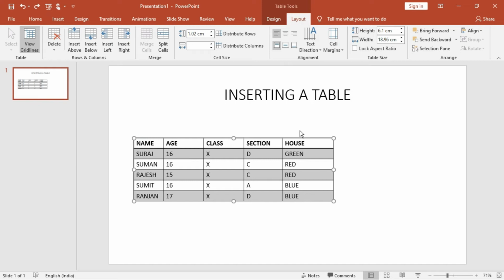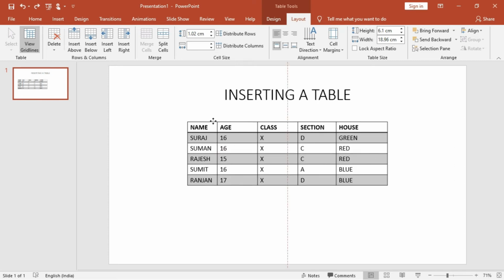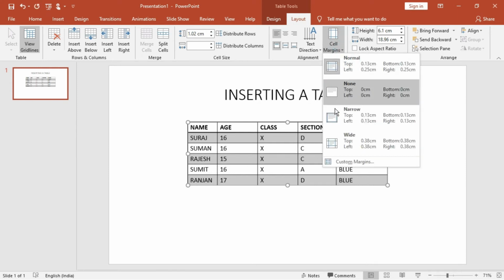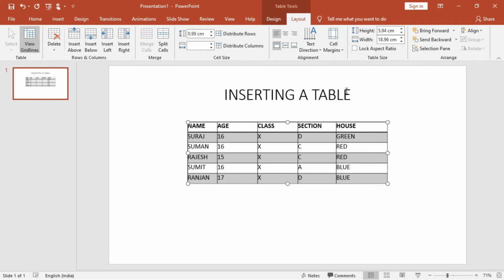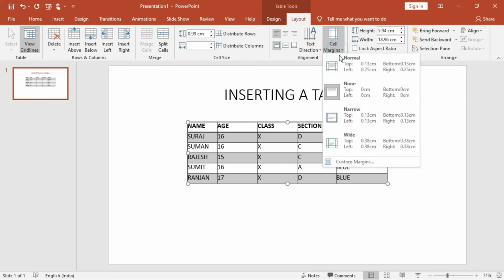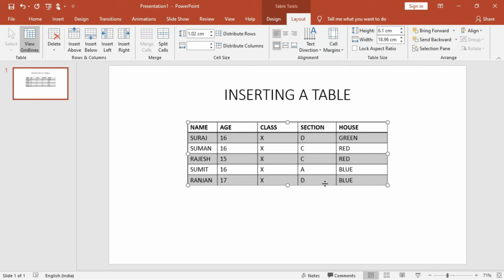So now we will move the table, we'll place it at the middle out here in this way. So now the cell margins is also available. So top left, where you want to keep, you can keep the wider margins also, you can keep it in this way. The cell margins also top, if you want to place, you can put it top. Okay. So this is the normal margin.